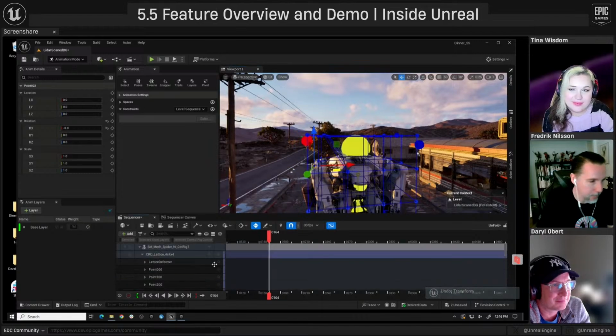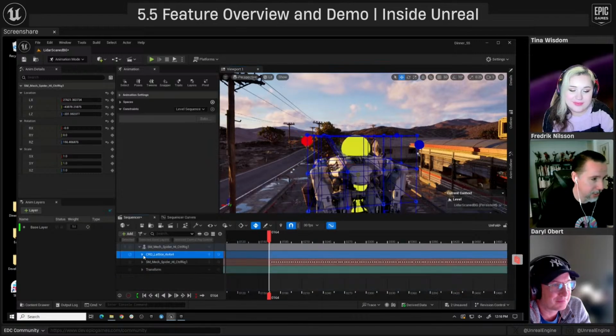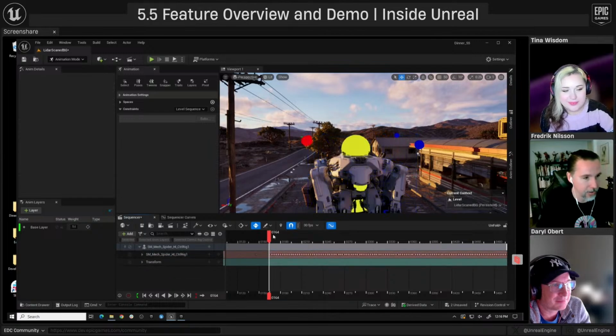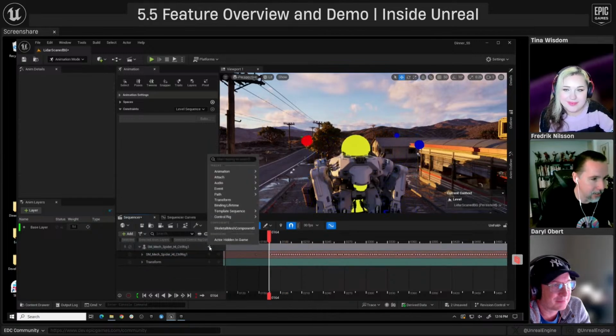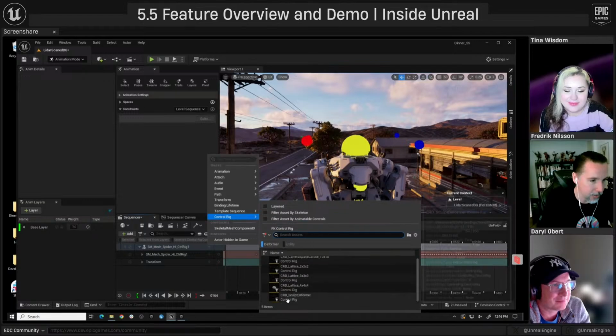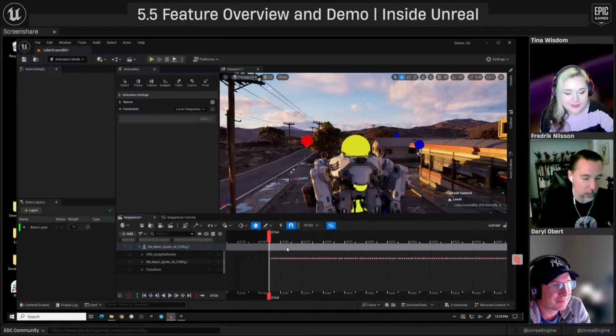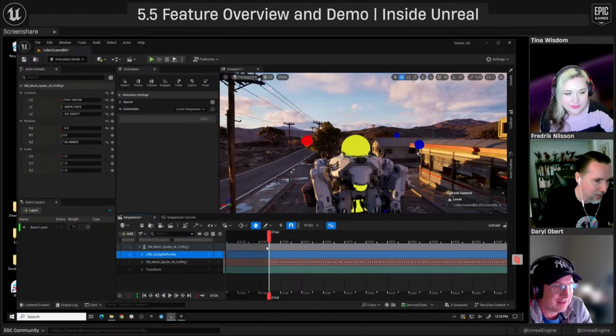I'm going to delete that. These are awesome, and they're so fast. They're GPU deformers, so they're running on your graphics card. I'm going to instead add the sculpt deformer because this one I really enjoy playing with. It has volume preservation and squash and stretch, that kind of cool animator stuff. It's just slow probably because it's 6 million polygons. It has to compute this awesome deformer on that.